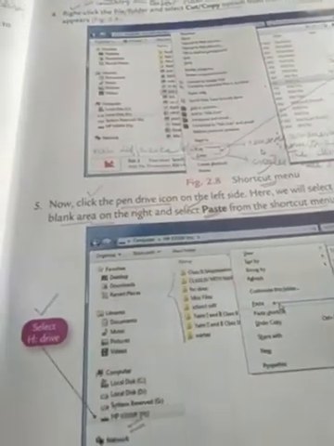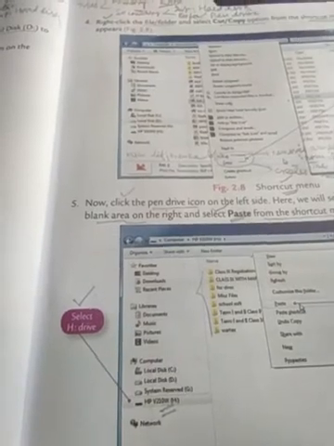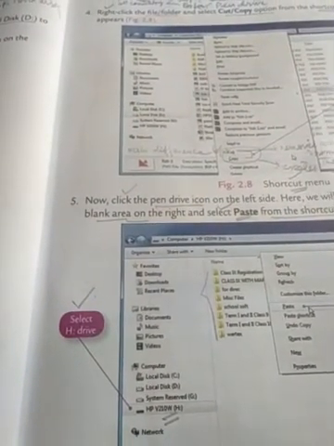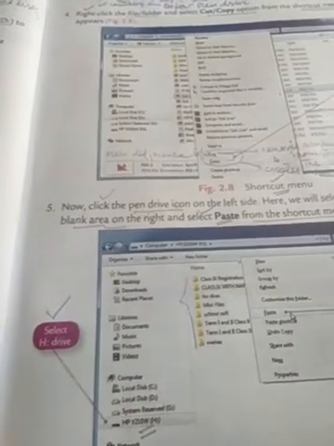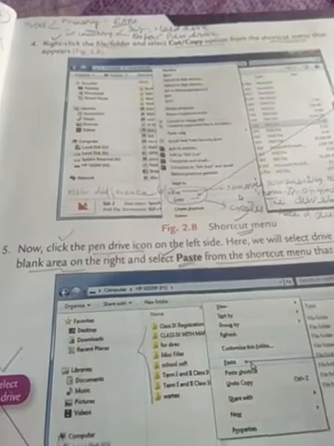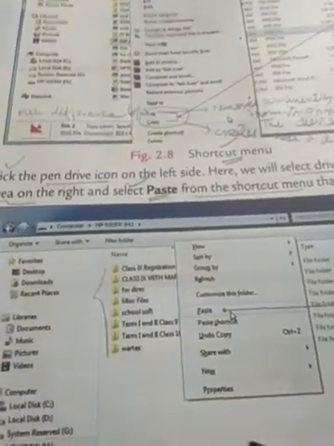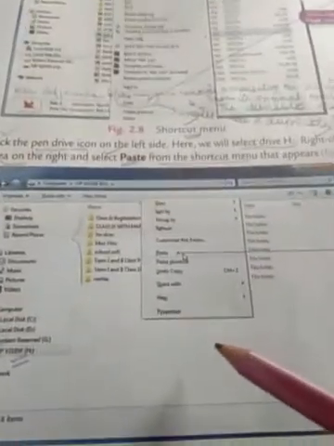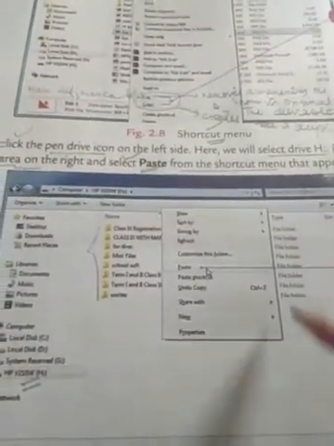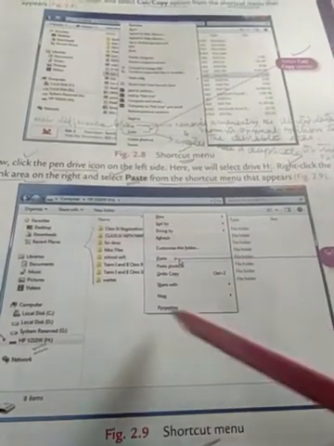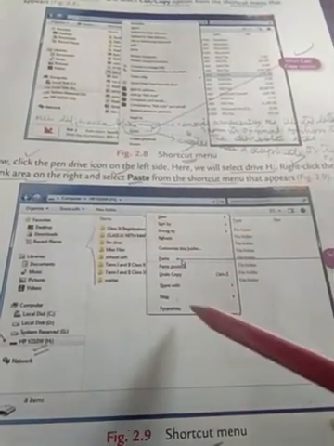And after selecting this pen drive, here it is known as the H drive, we have to use the right click option of the mouse by placing it on the blank area of that pen drive interface. This is the whole pen drive interface. This is the blank portion or area of the pen drive.